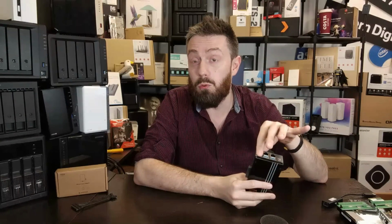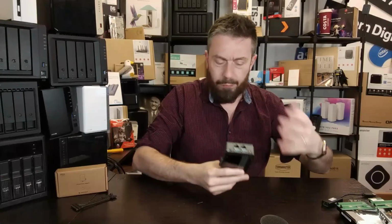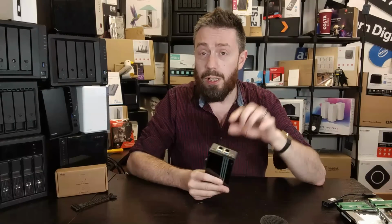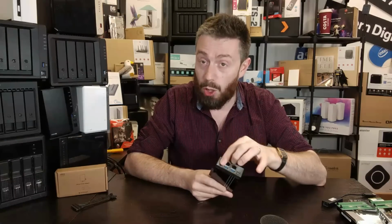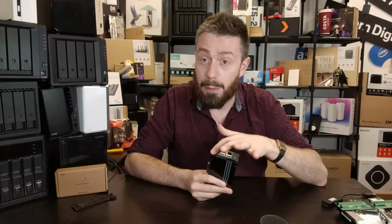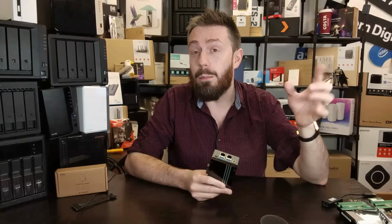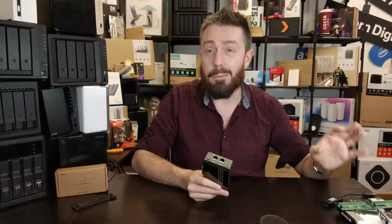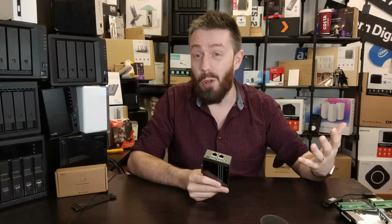So a great output, but you're going to need to have an adapter if you want to run this as maybe a media server with direct output, or if you're going to interface with it to run a KVM or something on it, you're going to need that adapter. They do provide the adapter themselves. You can use their own for about $9 on their own site. I think it's like $9.50 or something like that for the DisplayPort 1.2 mini to an HDMI standard output adapter there. No power required, but you can pick up third-party ones pretty budget online for about 4 or 5 nicker,